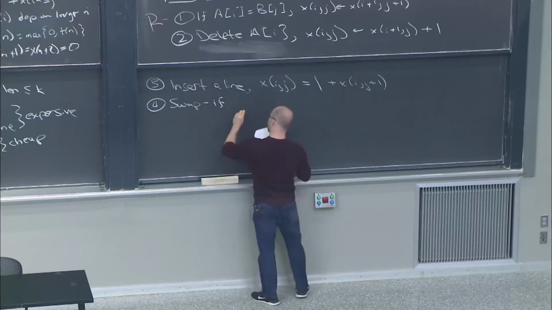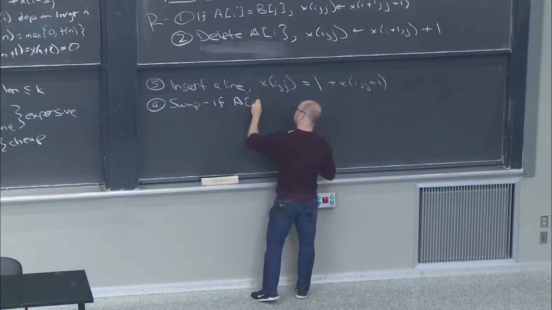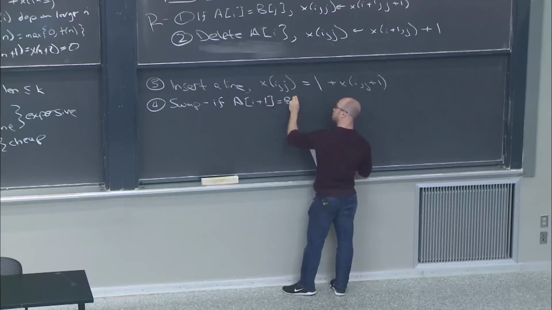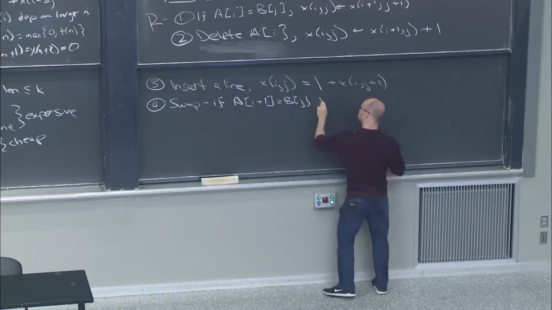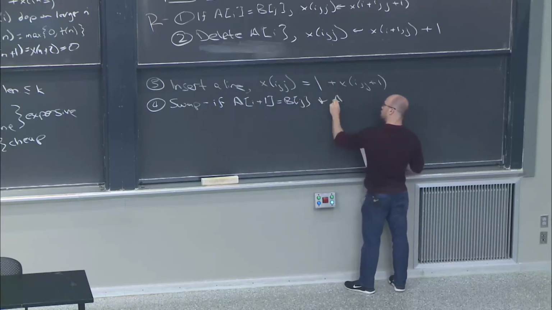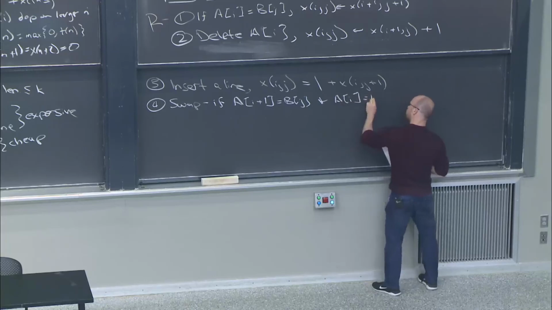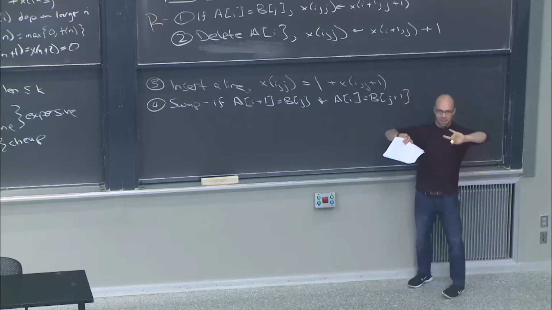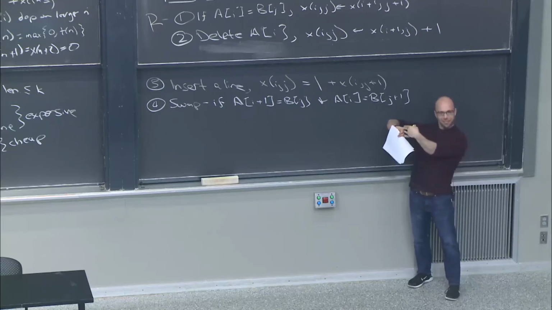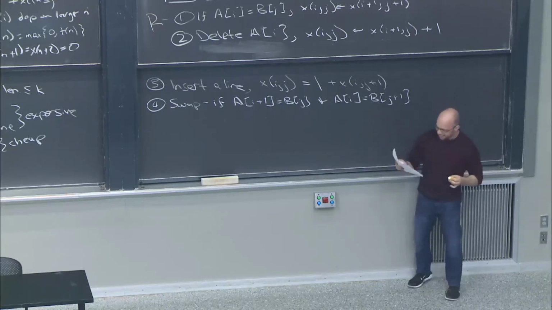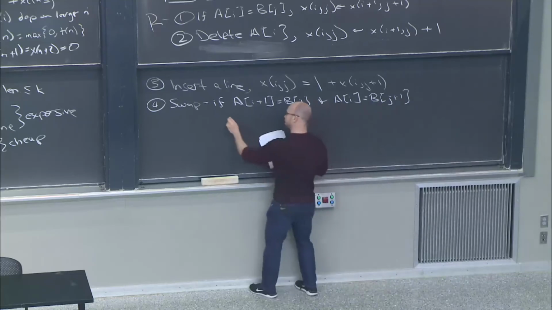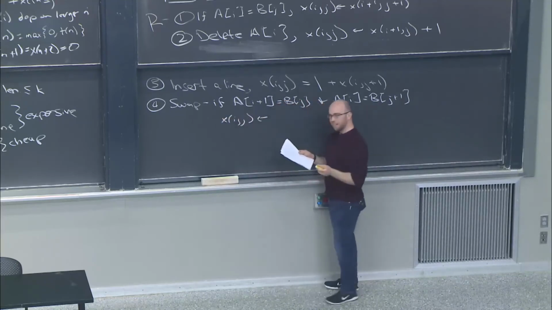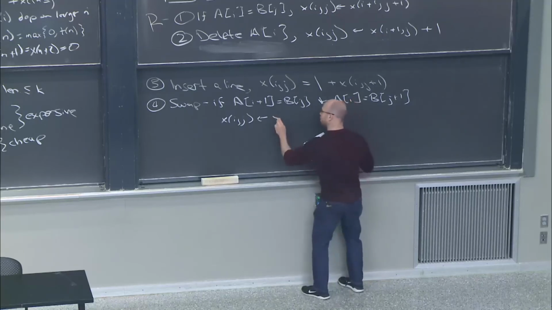if I have A, now you have to be a little bit careful because I'm swapping. So if the next guy in A equals the current guy in B, and the current guy in A equals the next guy in B, well, now I can swap this guy and kill off two lines of my files while I'm at it, right? So in this case, I get that x_ij, well, swapping doesn't cost me anything, and I killed off two things, so